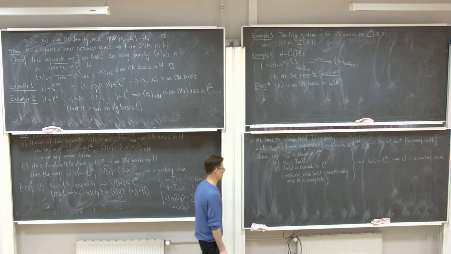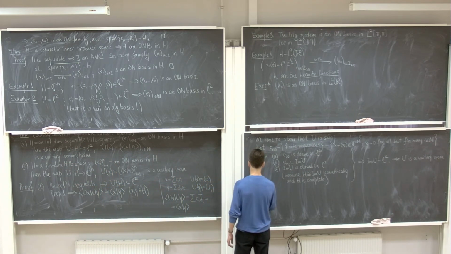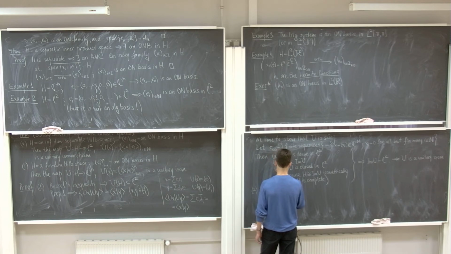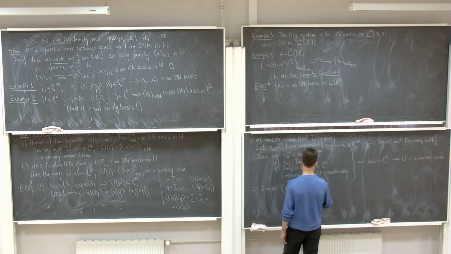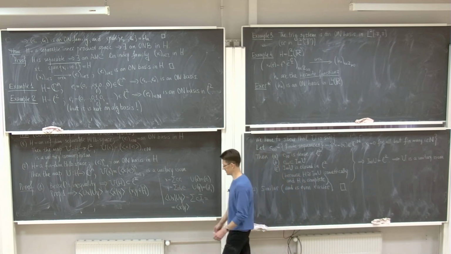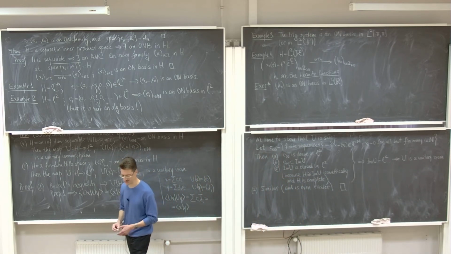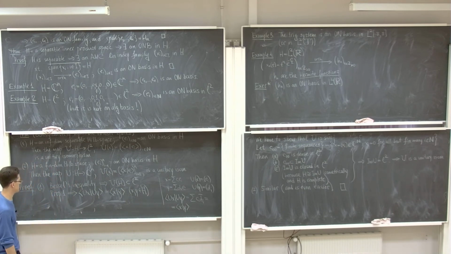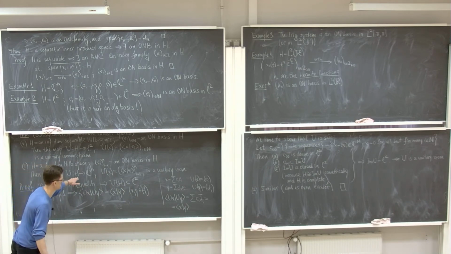Now the proof of part 2 is similar, and in fact it is even easier than the proof of part 1. So essentially the same argument, which doesn't involve C00, shows that in this case, in the case of a finite dimensional Hilbert space, this map U is a unitary isomorphism.